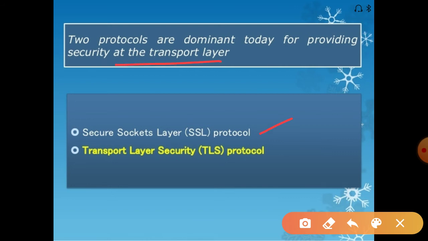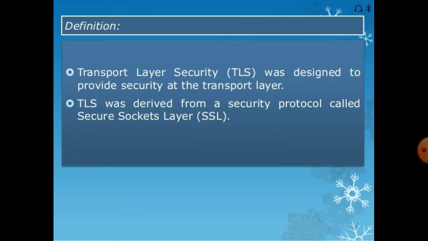Once we finish SSL, we will go with the TLS protocol. So what is this TLS protocol? TLS was designed to provide security at the transport layer.